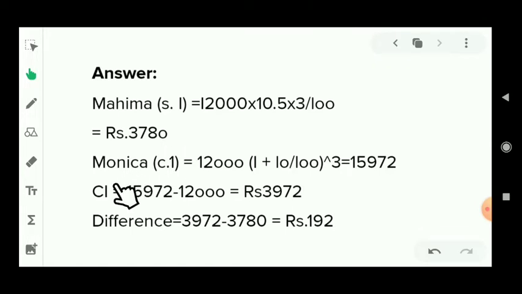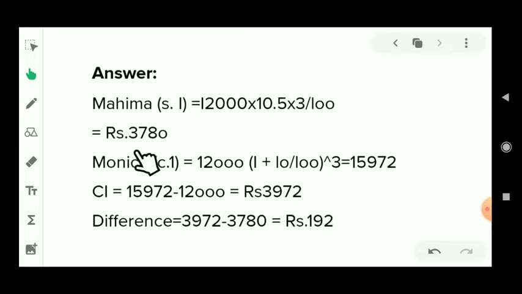Let's see for Monica, because I told you for Monica we have to find the compound interest. According to the formula P(1 + R/100)^n, the principal's value is 12,000, 1 plus rate is 10 upon 100 and the power should be 3. When we solve it, the amount's value will be 15,972. But for the CI we have to subtract, that means amount minus principal. Monica's value will be